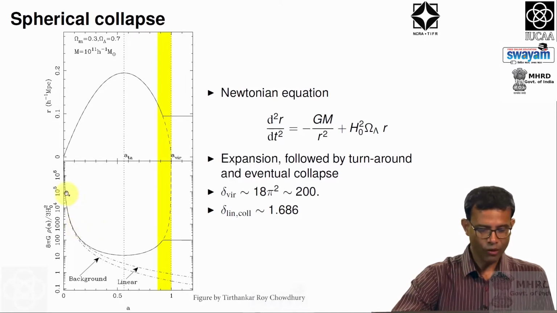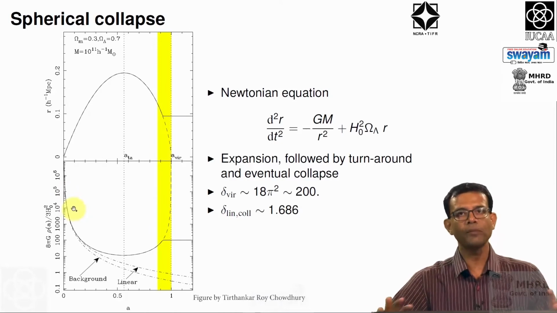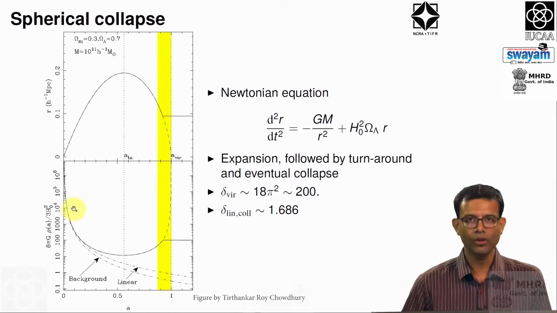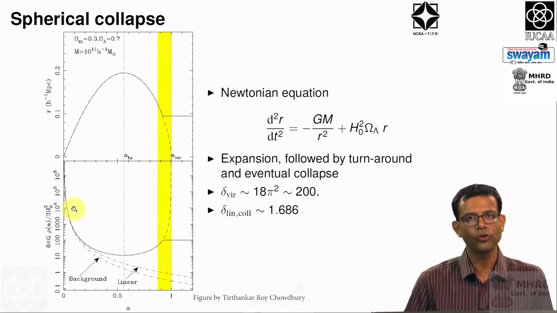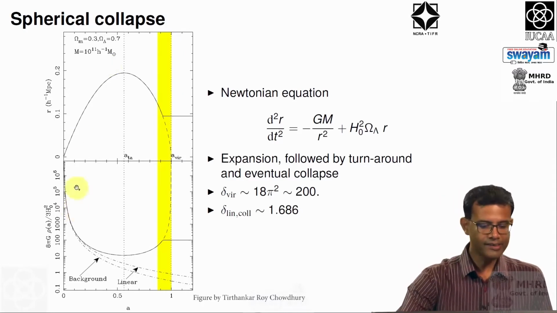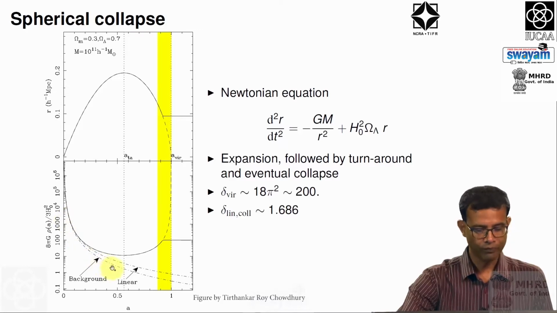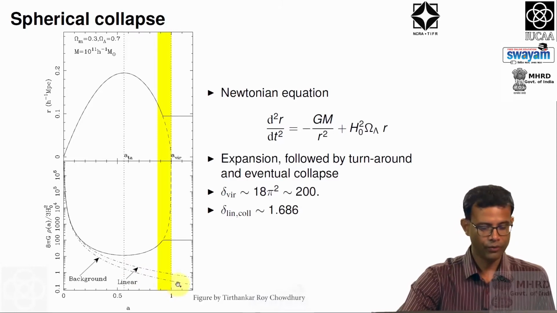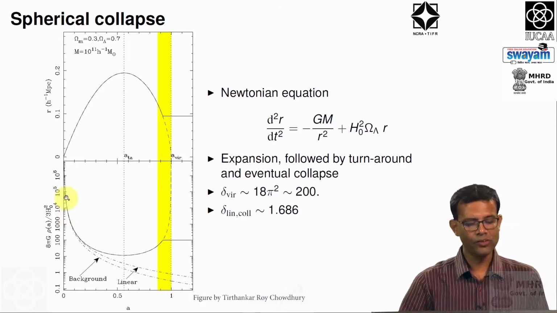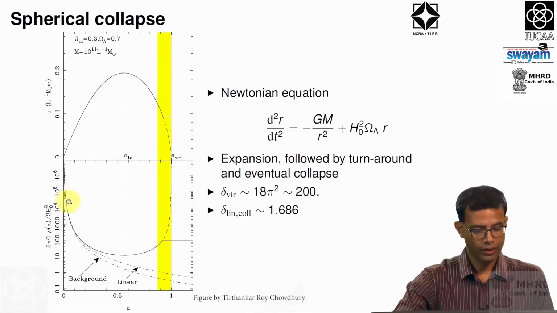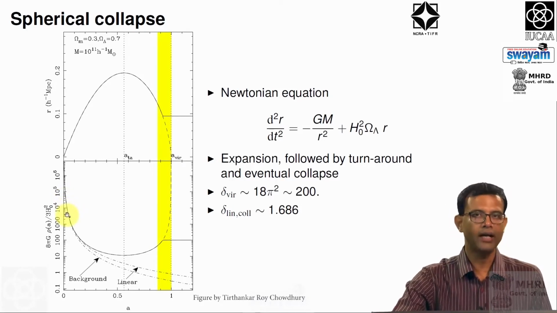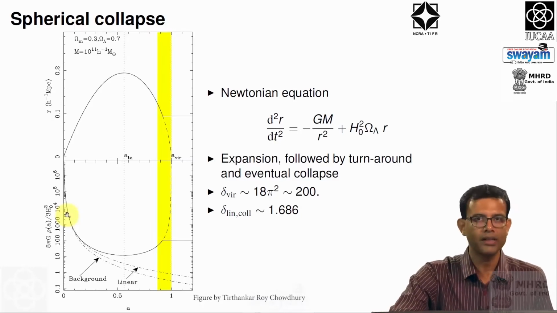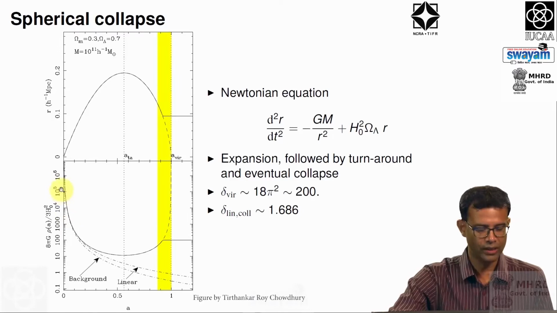For comparison, I have also plotted the density for the smooth background universe. So, this is the density which would go and sit in the right hand side of the usual Friedmann equation, and this density simply evolves as 1 by a cube. Okay. So, this line shows you the evolution of the background universe. At very early times, there is not much difference between the density of this spherical region and this background universe, because the departure from the smooth universe is very small. At early times during the epoch of CMB, the departure is 1 part in 10 to the 5. So, you are not able to see the difference here